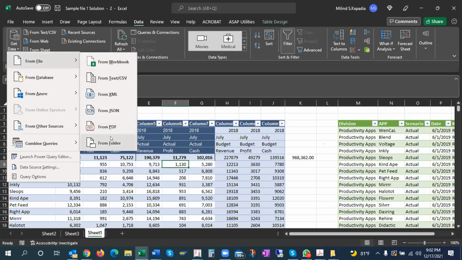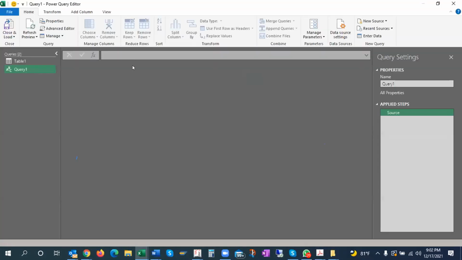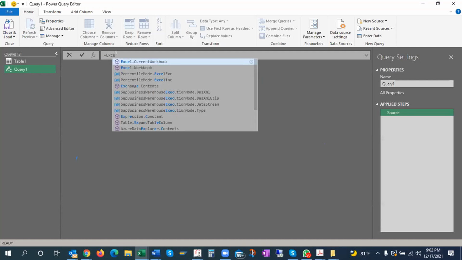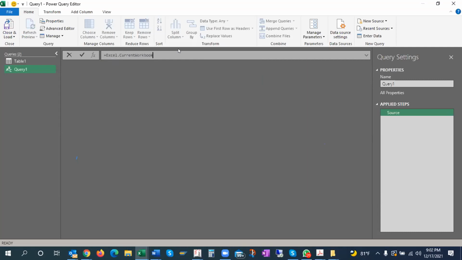When I say file, blank query, when I write is equal to, there is IntelliSense, which is giving you this, see, Excel.CurrentWorkbook. And you put parenthesis and then press enter. It is Excel.CurrentWorkbook.